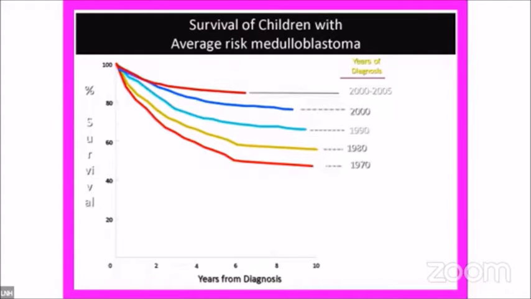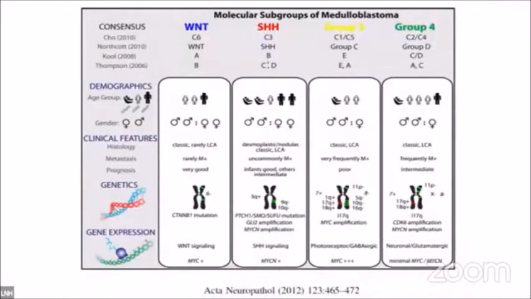Now, there is a chance that people may die of the complications of cranial radiation and toxic chemotherapy rather than of certain types of medulloblastoma. So we have to be very careful about what we are treating, how we are treating, and what the type of medulloblastoma is. Now, with these morphological and transcriptional studies, there was a consensus meeting in 2005